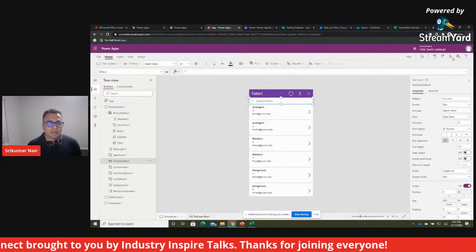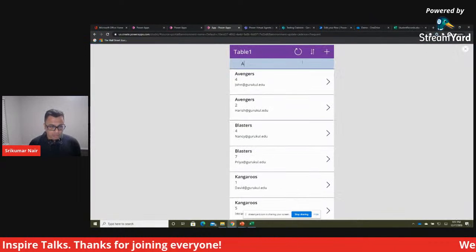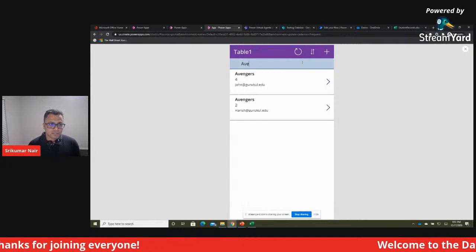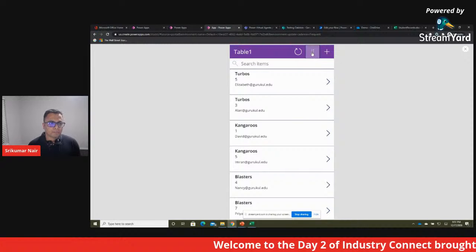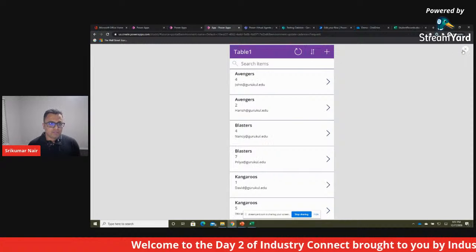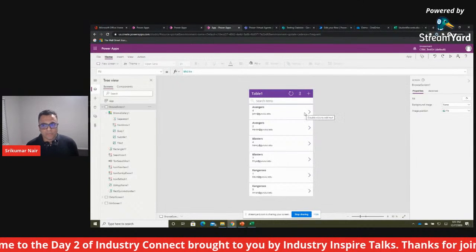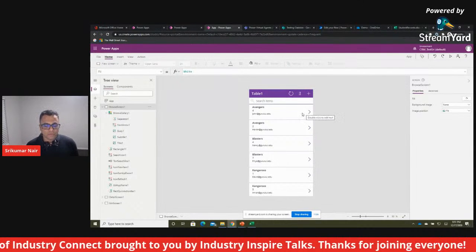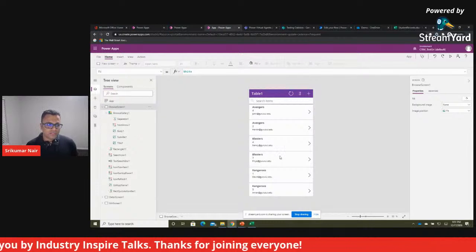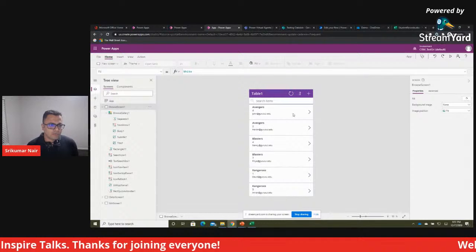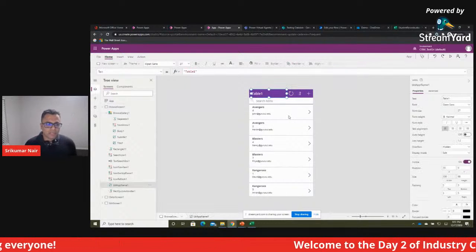And then for testing your app, you will have a play button like a preview. And look at this, you have a default search, you have a default refresh, you have a sort, and you have a plus button, which we'll quickly get into. But this is the magic of Power Apps, the magic of low code, no code platforms. You are just telling it where to get the data from. You are just deciding what your layout would be, and obviously you're just giving the finishing touches to make the data look like what it is.